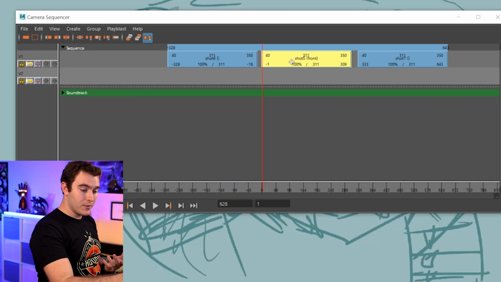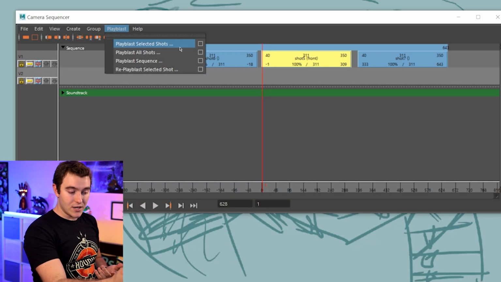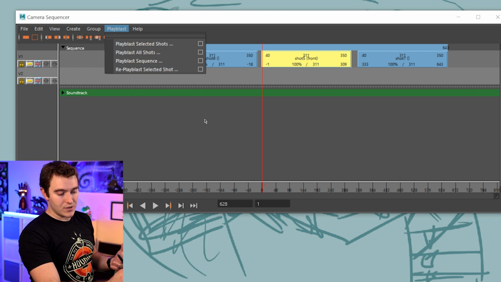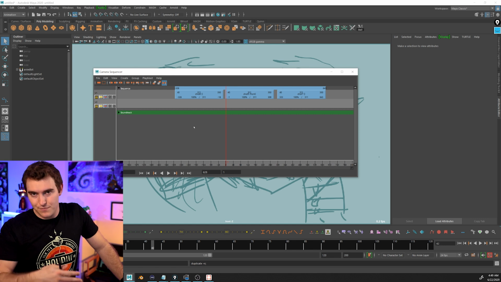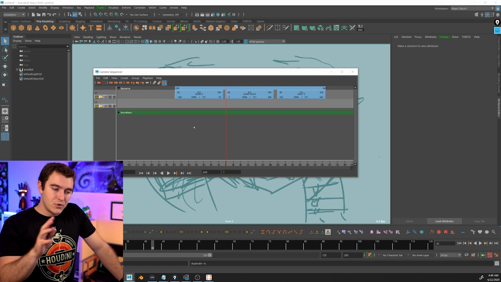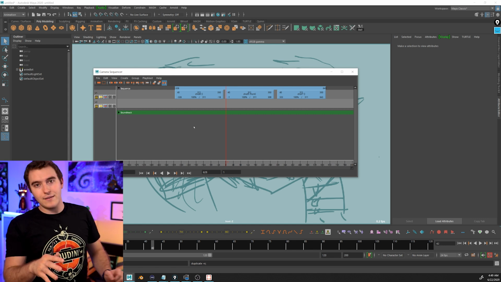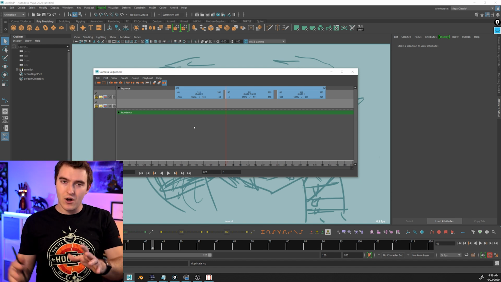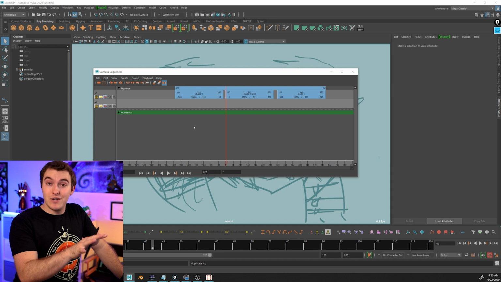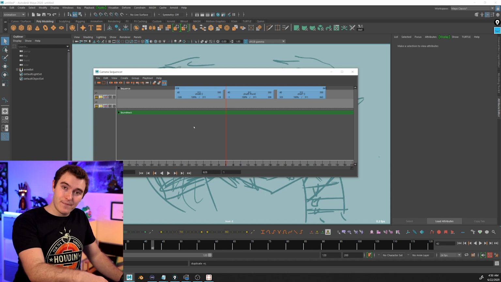And when you go to export, you can playblast selected shots, all the shots, or a certain sequence. You can get really complicated. You can drop in audio. Personally, I've never done all that. I just mix all my stuff outside of Maya. But you have the ability to create a whole camera sequence with what camera comes first and where it goes and so on. As a thing that you should know about, the camera sequencer exists,